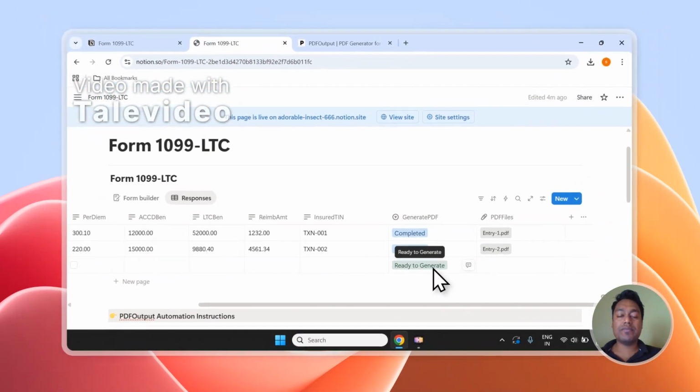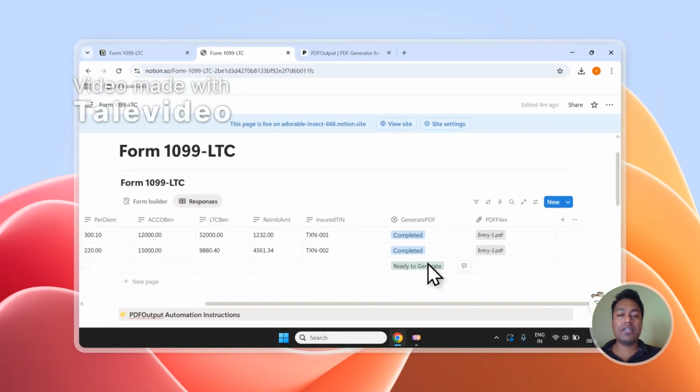So I hope this makes everything clear and you take advantage of the automation and start generating the PDFs on your own. And you can see it has started processing this document which we had marked as ready to generate, and it will soon be converted into a PDF file right